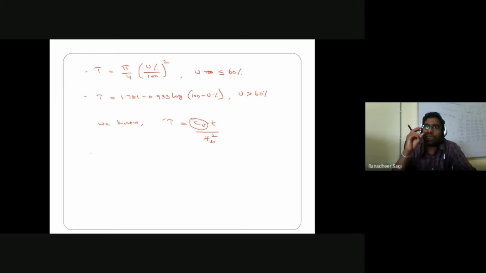For a particular increment in loading condition, with increase in time, we'll see how the settlement is happening in the soil. Maybe for a load increment going from 10 kilopascals to 20 kilopascals, or from 20 kilopascals to 40 kilopascals, or from 40 kilopascals to whatever it is. But for a particular increment in stress applied on the soil sample, with increase in time, how the settlement is happening in the soil. So based on that particular data, we try to estimate the corresponding coefficient of consolidation of that particular soil. Okay, because we said coefficient of consolidation is a soil property.